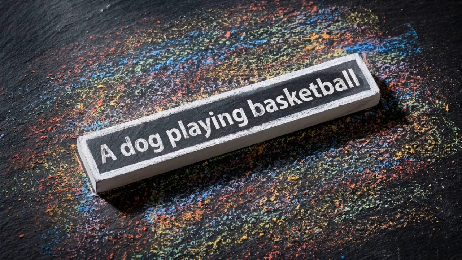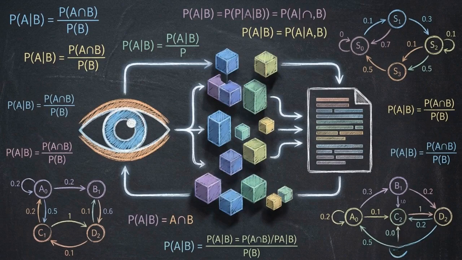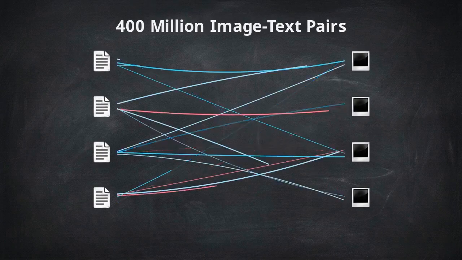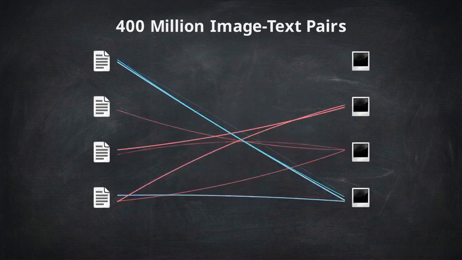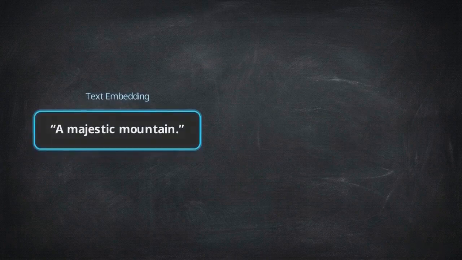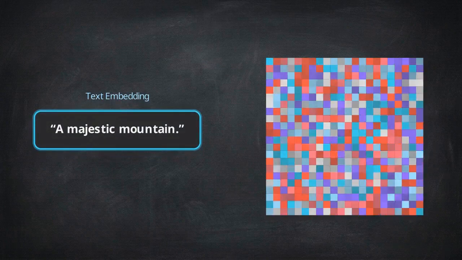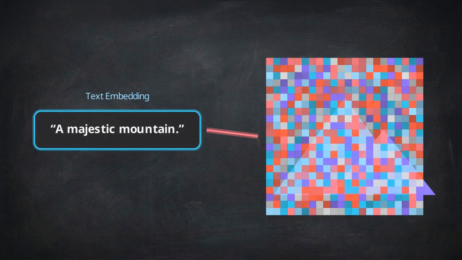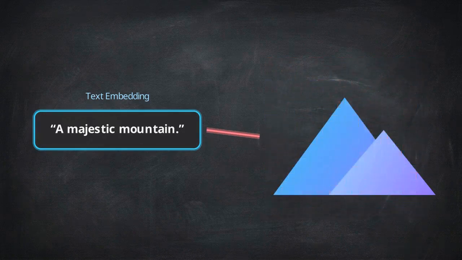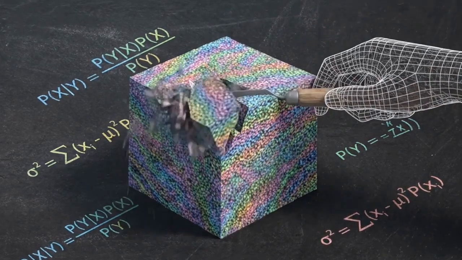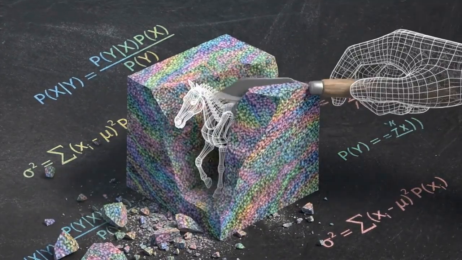If the model starts with a block of random noise, how does it know which specific image to sculpt when you type a prompt? It relies on CLIP, or contrastive language image pre-training. This system studied hundreds of millions of image-text pairs to learn the mathematical connections between human descriptions and visual data embeddings. Through conditional guidance, the AI uses CLIP text embeddings as a map. It references the prompt to identify exactly which patterns of noise to remove from the static. The system takes a block of random noise and carefully chisels away the static until it satisfies the conditions of